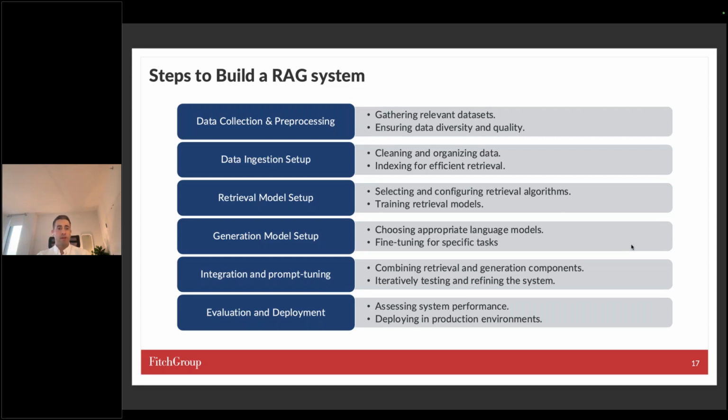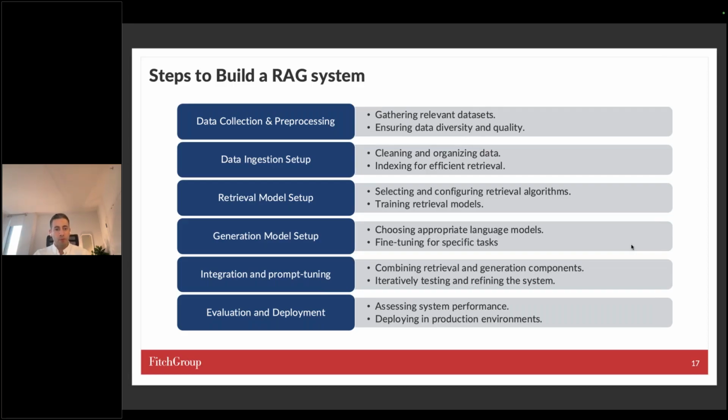You need to have a good retrieval model setup. You need to have a good generation model setup. And this is not trivial, and I'll talk a little bit more about this later, because you also need to future-proof these technologies, and you need to make it modular. There's a lot of work in the industry that's going into enhancing these technologies, and you don't want to be stuck with a component that took you, let's say, a month to develop or even a quarter to develop, and then one of the big tech companies comes out with something much better 3 months from now, and now it takes you months to be able to incorporate the new thing.